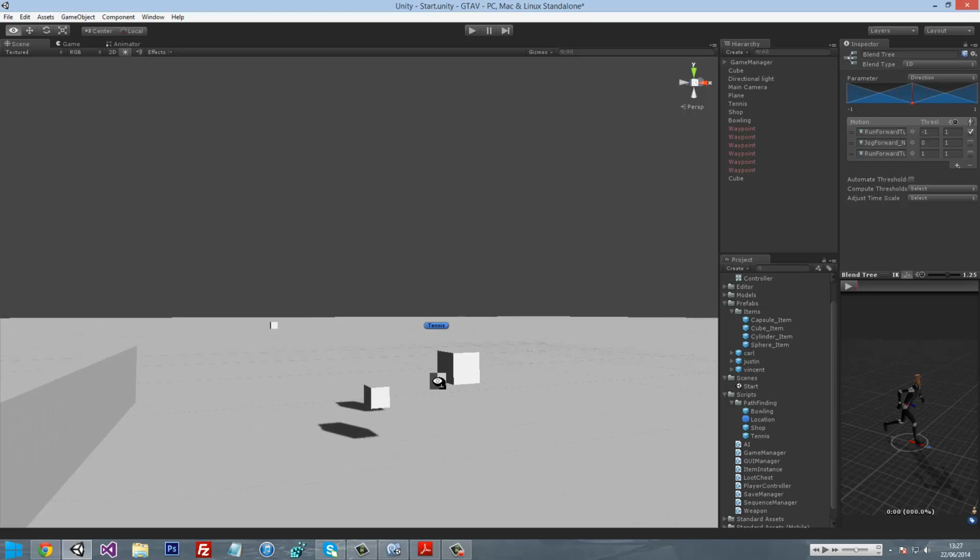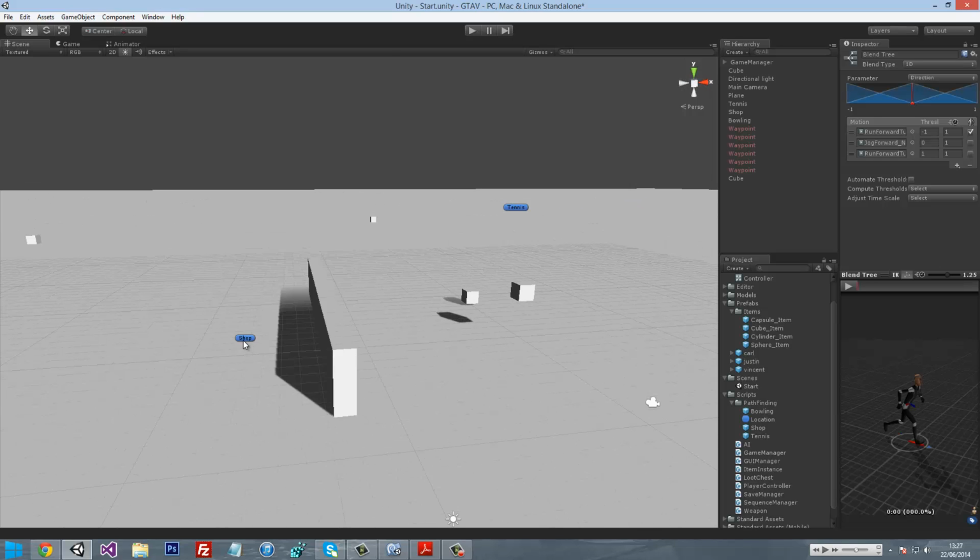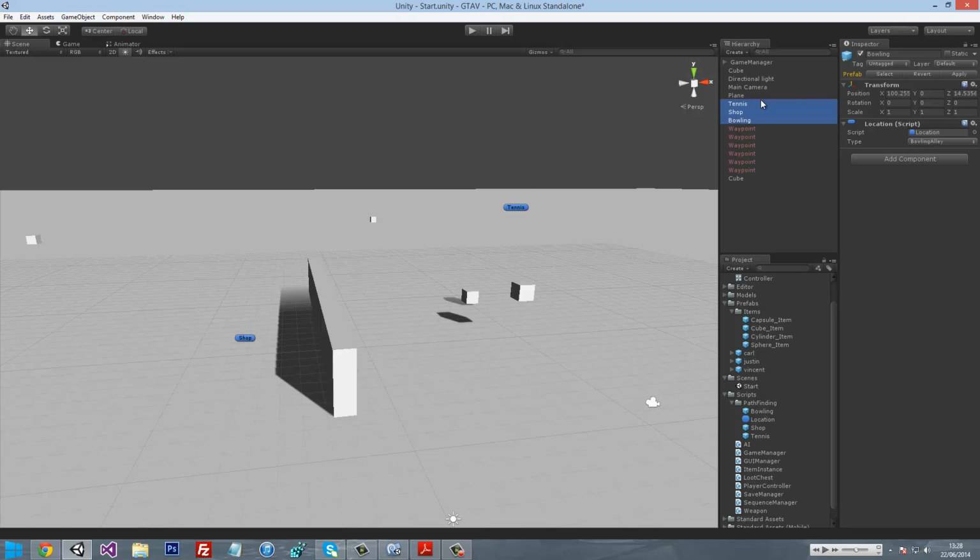In this episode, I'm just going to scrap the pathfinding for now, so just delete everything to do with it. Just disable each of these locations and delete the waypoints. So I'm just going to show you how to clean up the